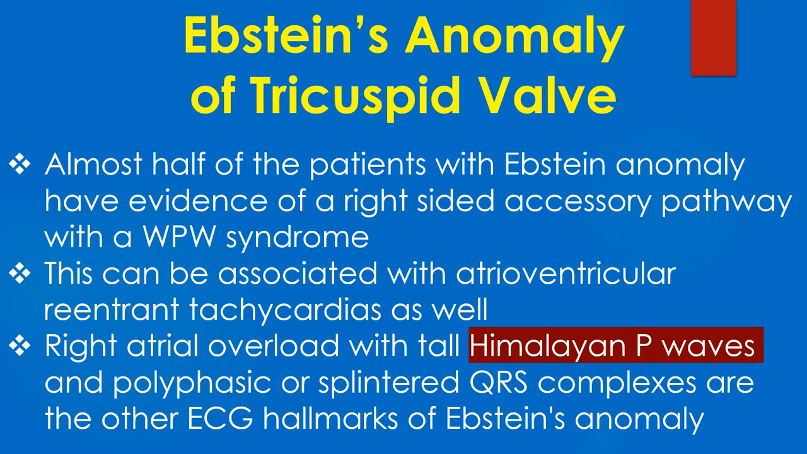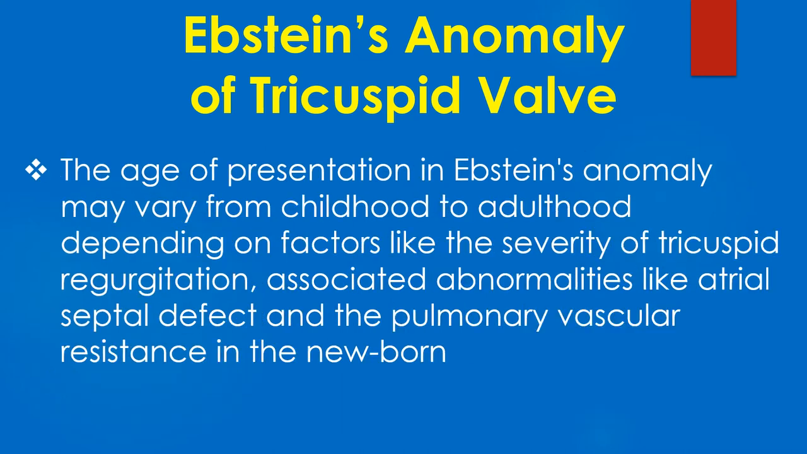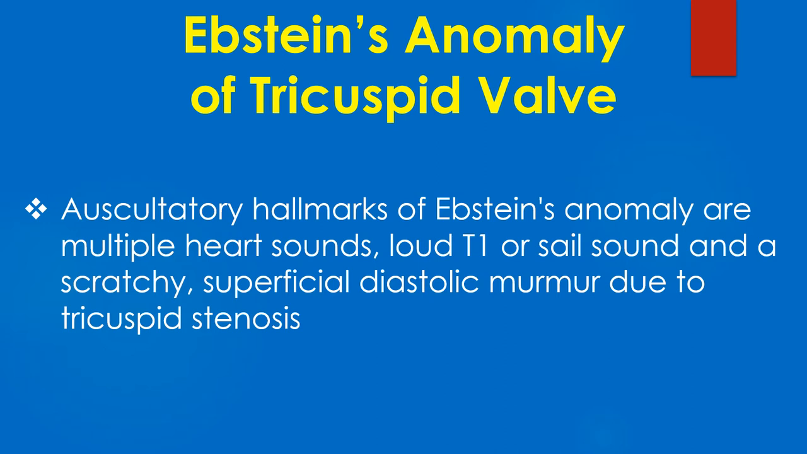The age of presentation in Ebstein's anomaly may vary from childhood to adulthood depending on factors like the severity of tricuspid regurgitation, associated abnormalities like atrial septal defect, and the pulmonary vascular resistance in the newborn. Auscultatory hallmarks of Ebstein's anomaly are multiple heart sounds, loud T1 or sail sound, and a scratchy superficial diastolic murmur